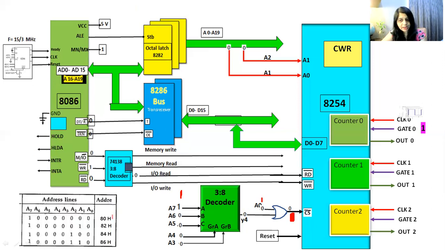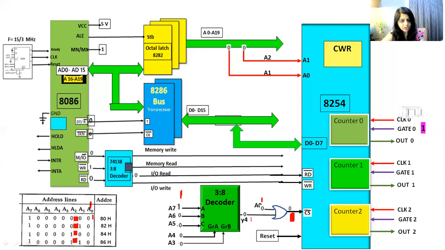So you can see that here A0 input, that means A0 address pin of 8086 is here. So since we need 0 at the output of this OR gate, this A0 should be 0. Now A1 and A2 of 8086 are connected to A0 and A1, and as I said, if both are 0, 0, it will select counter 0. If it is 0, 1, it will select counter 1. For 1, 0, counter 2. And for 1, 1, it will select control word register. Now, remaining pins are connected at the input of decoder IC.